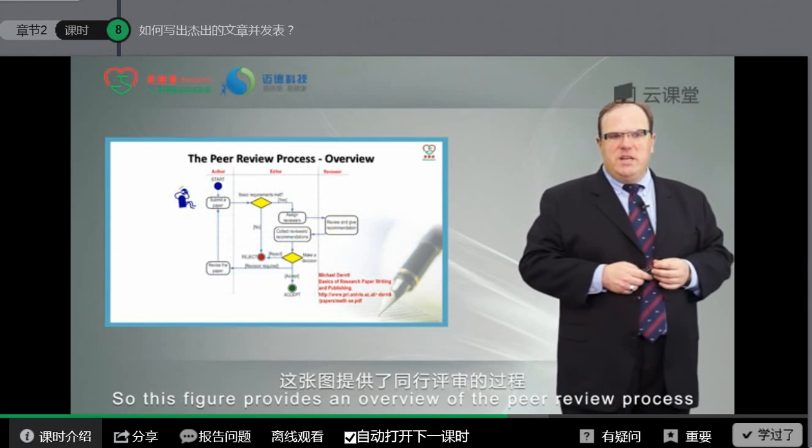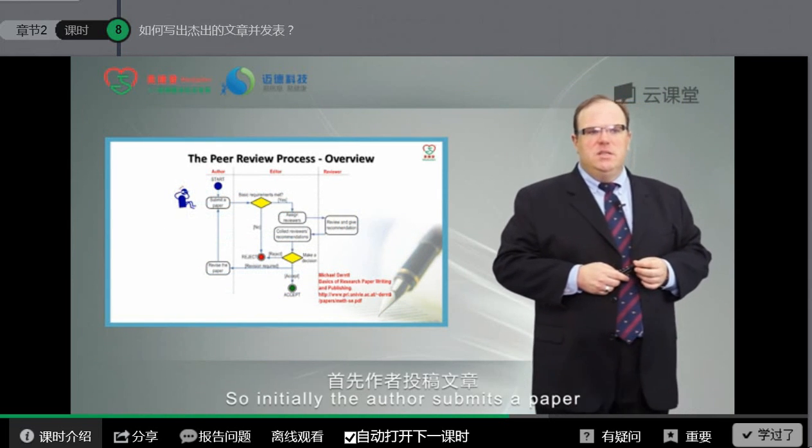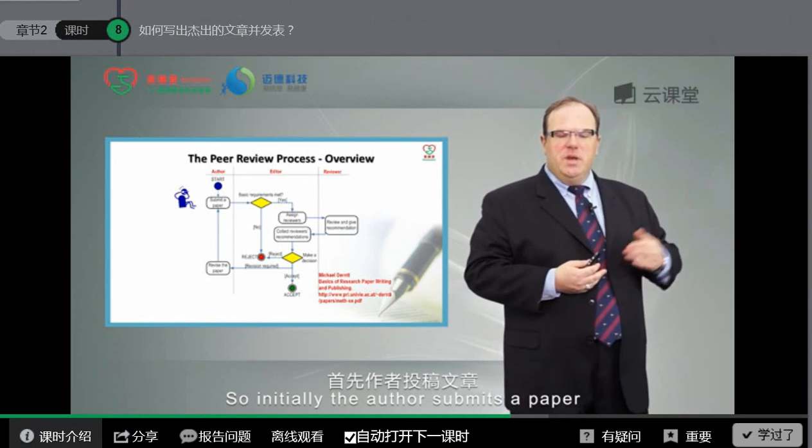So this figure provides an overview of the peer review process. So initially, the author submits a paper. It's then sent out